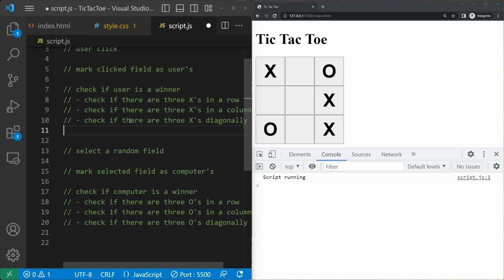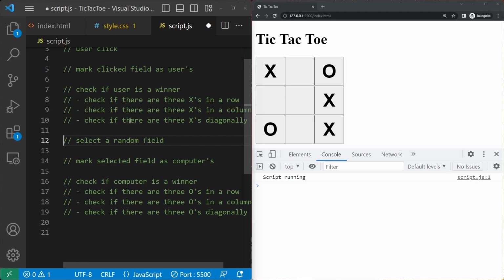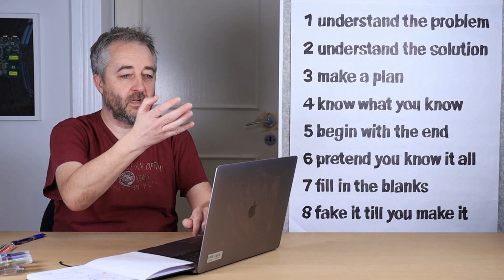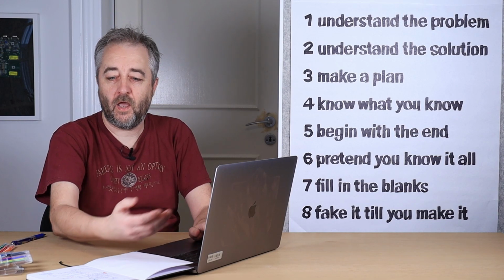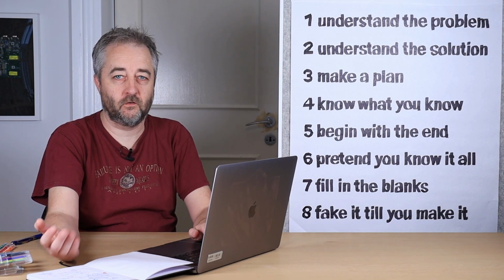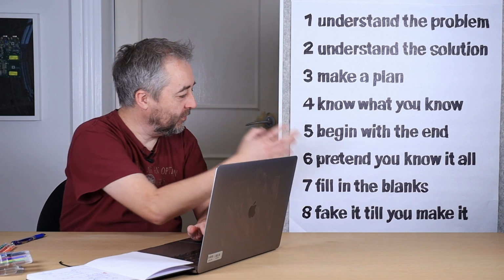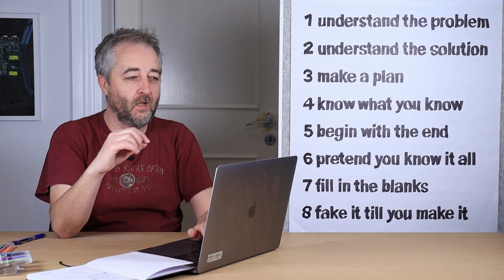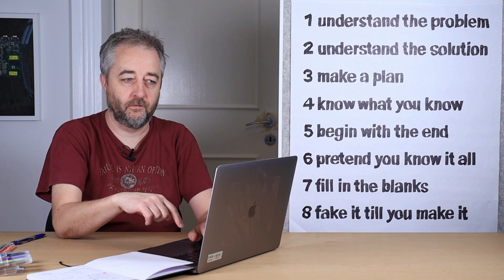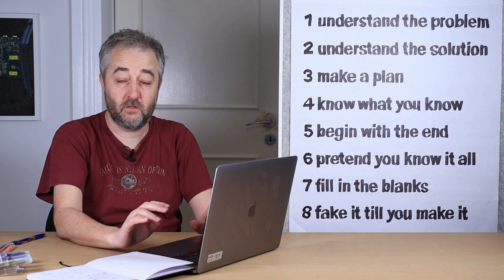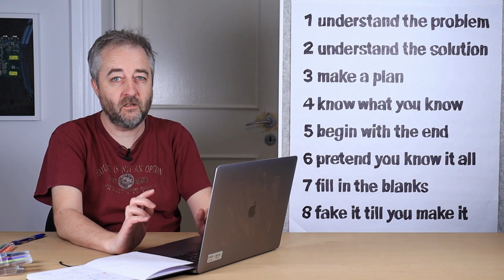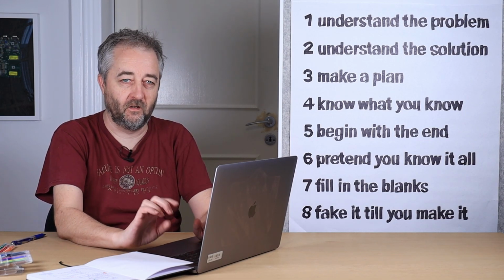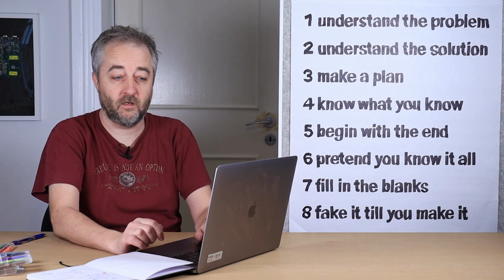And let me just get my space back. Good. That was easy enough. Now I have a nice structure for my program and I know which parts of it I can do. So now it's time to fill in the blanks. And I think I want to start with letting the user select a field. That would give me something visual immediately, and it will also help me learn how I can let the computer select a field afterwards. So let me get into that.